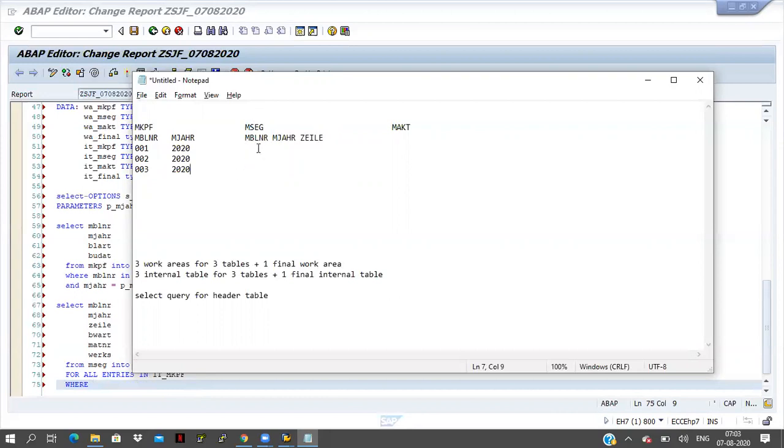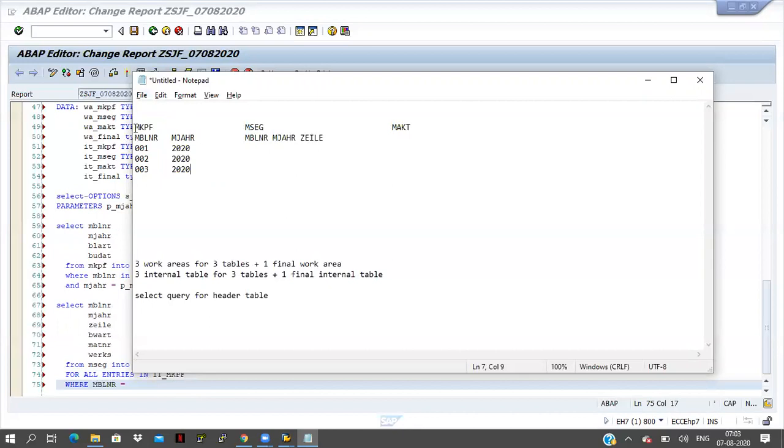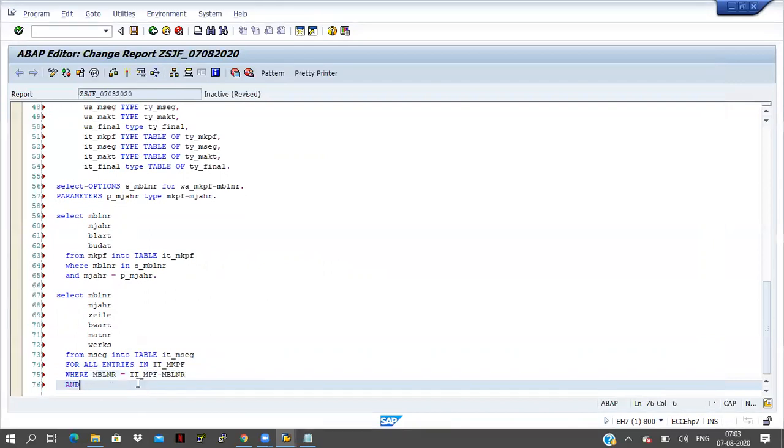So we have to link this MBLNR to this MBLNR, and this MJAHR to this MJAHR. So where MBLNR equal to, this is the total internal table. All the records coming in the MBLNR I have to fetch, right? All the records means the internal table will come here. IT_MKPF-MBLNR, and MJAHR equal to IT_MKPF-MJAHR.